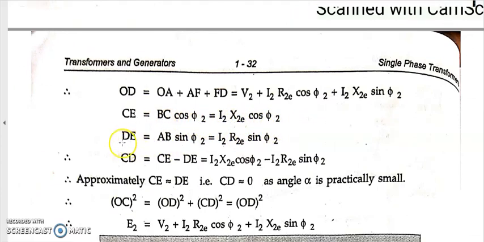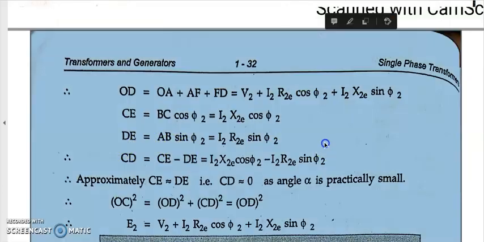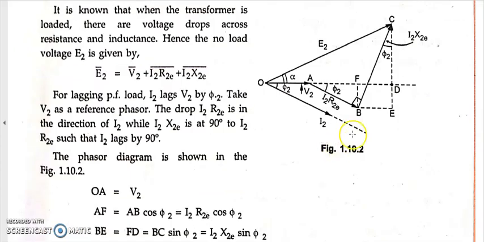Now coming to the value of DE. Let us see how to calculate DE. Where is DE? DE is over here. DE is equal to FB because they are opposite sides of the same rectangle, FBED. So if I get the value of FB, then the DE value is served. So first let us calculate FB, which will be equal to DE.